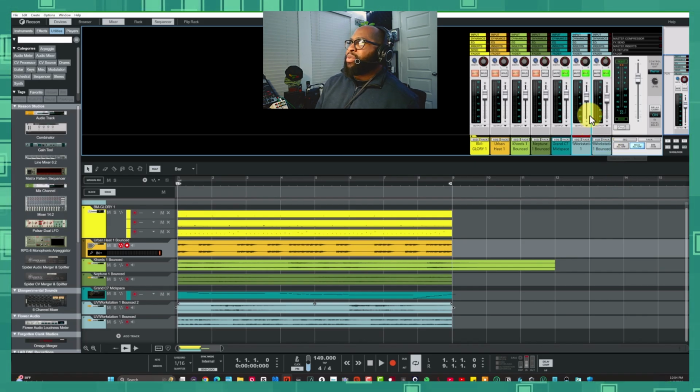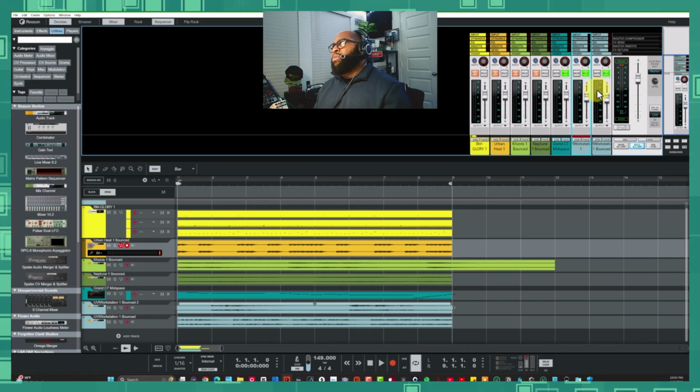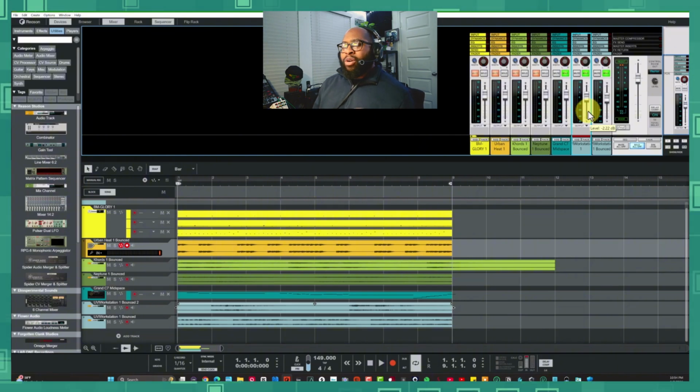All right, so as you can hear in the three sounds, the piano is naturally panned to the right, and then I have another ambient type guitar panned hard left. But this particular guitar right here,